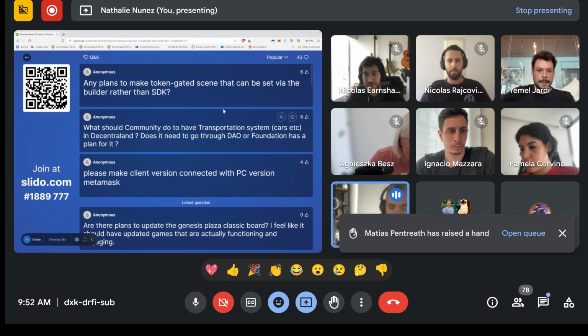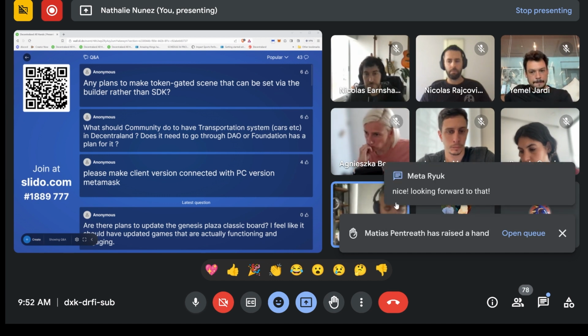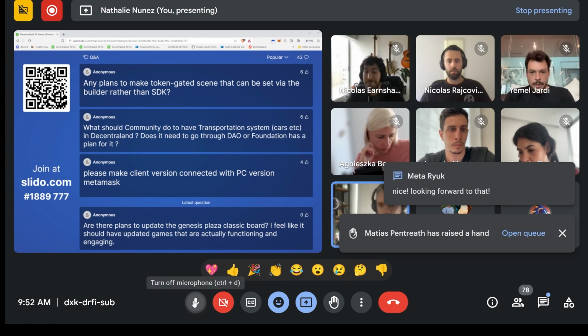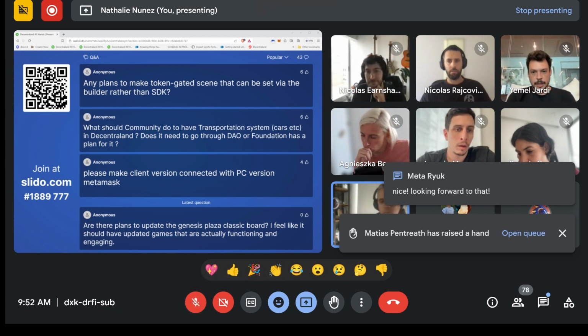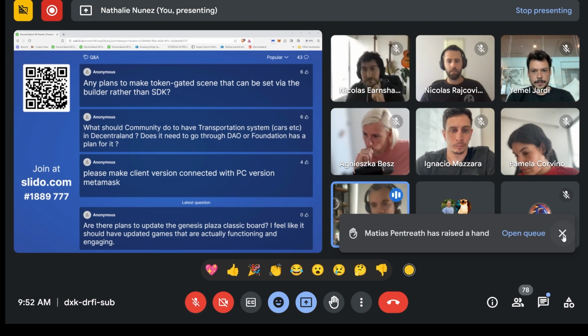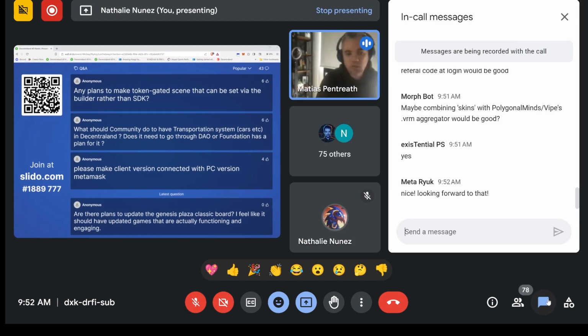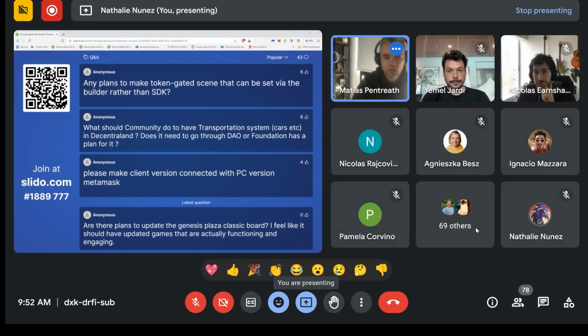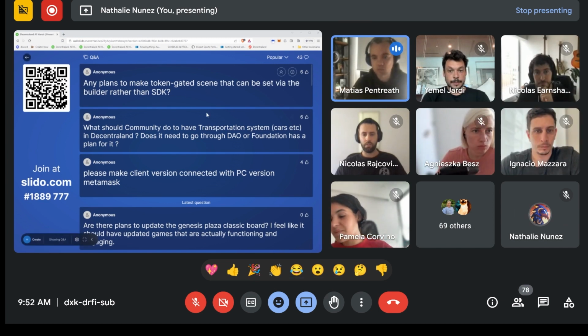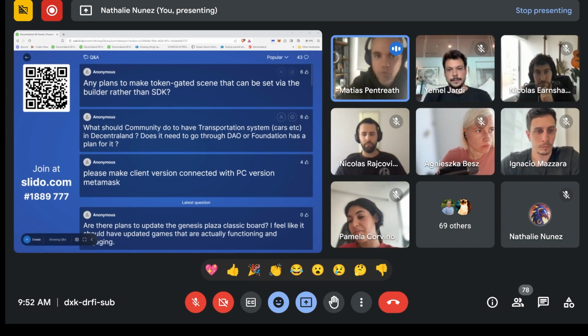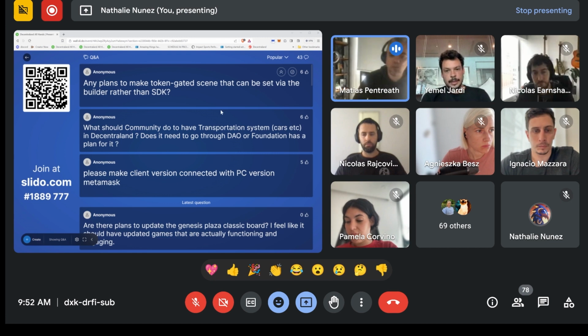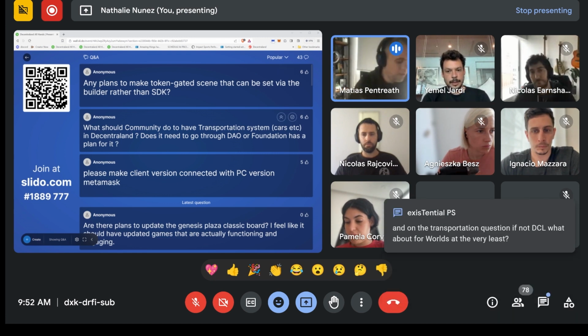Also, regarding what we have shaped, I created a document so that we could create authorization permissions for worlds from the builder. So the idea, this is not in the current cycle, but it might be in the next one. It's an idea that is shaped and ready to develop, and perhaps we can do some experiment to see how this works from the API side, because we don't have the full staffing to do the UI.